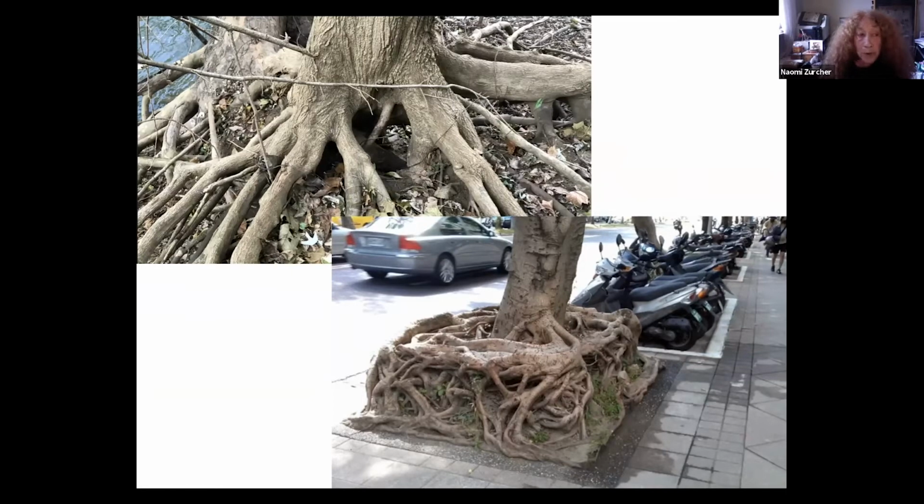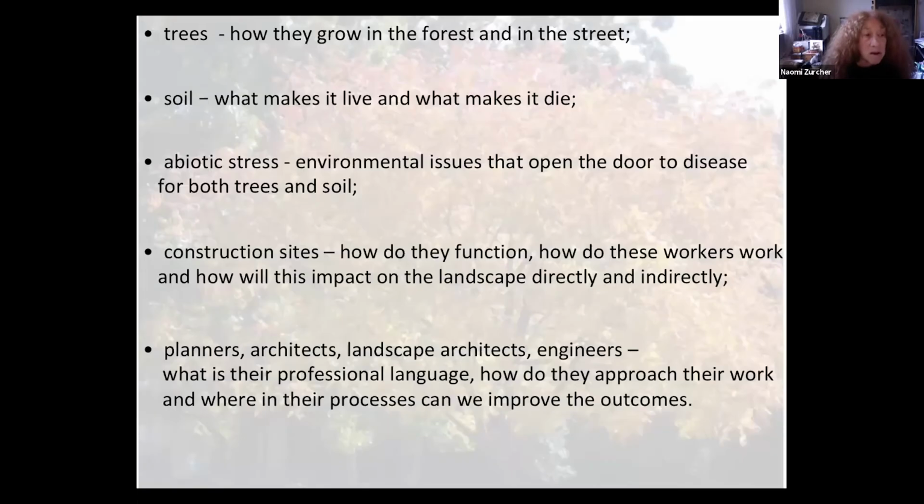spatial development process. The art and science needed includes the ability to be an observer of everything within the work footprint, not just trees, soil, and their environment, but how construction-related disciplines and project sites function.